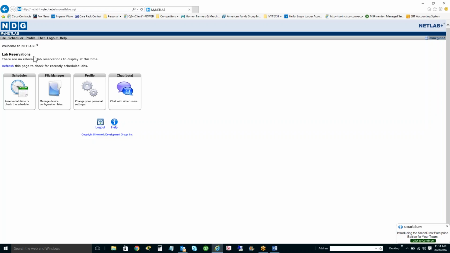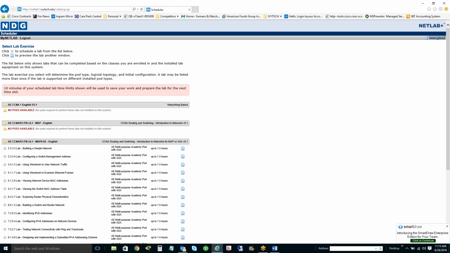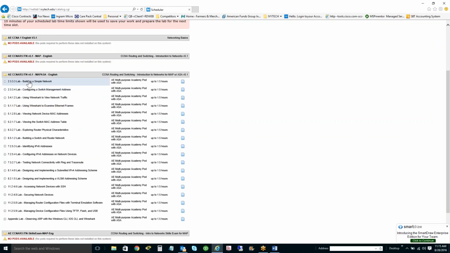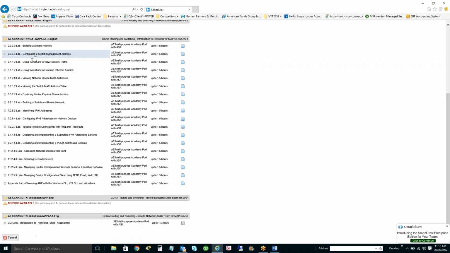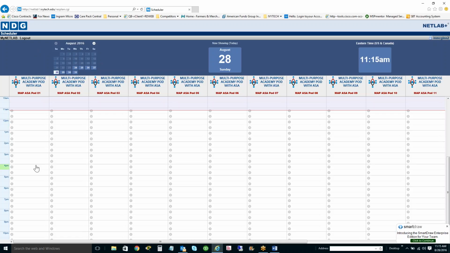But what you're going to see here is you're going to see this screen right here, and really you don't have to worry much about anything but the scheduler. And what you do is you schedule, you pick your class out, and then you basically just select whichever exercise you want to do, and then you just basically blank out where you want to schedule it. It doesn't matter which. Each of these columns is basically a pod or a group of equipment that you can get assigned to, but basically what you do is you just figure out when you want to do the lab,